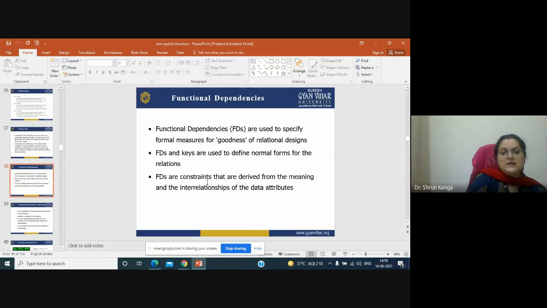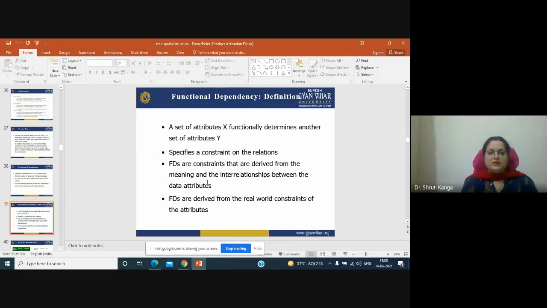Functional dependencies and keys are used to define the normal forms of relations and are constraints that are derived from the meaning and interrelationships of the data attributes. So functional dependencies are used for specifying a measure for the goodness of a relational design. FDs and keys are also used to define the normal forms of relations. FDs are constraints that are derived from the meaning and interrelationships of the attributes.